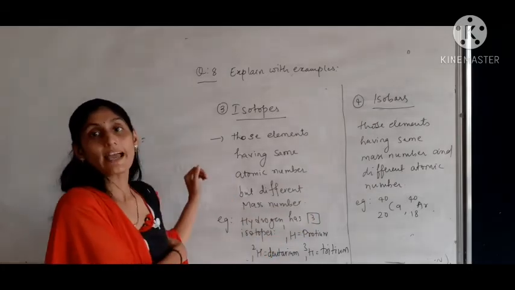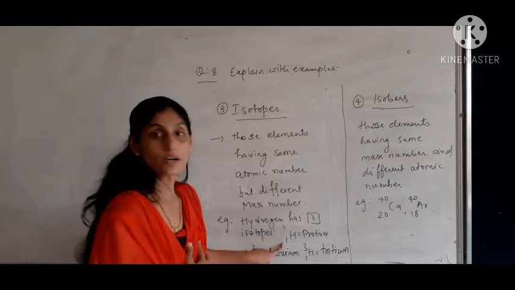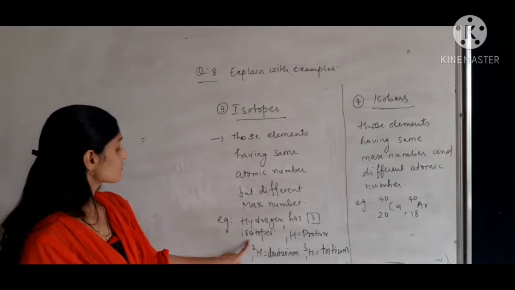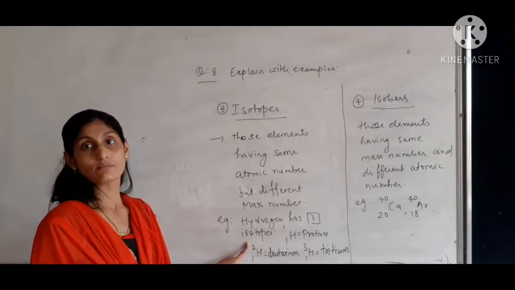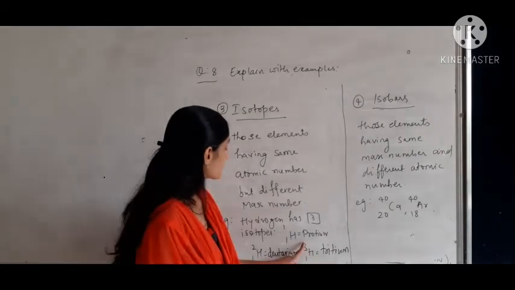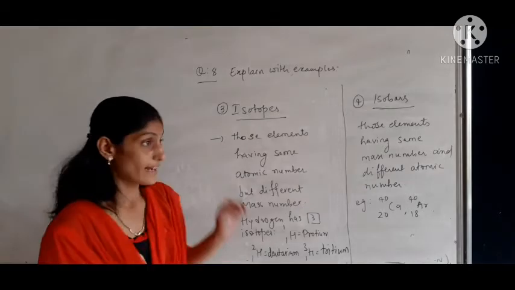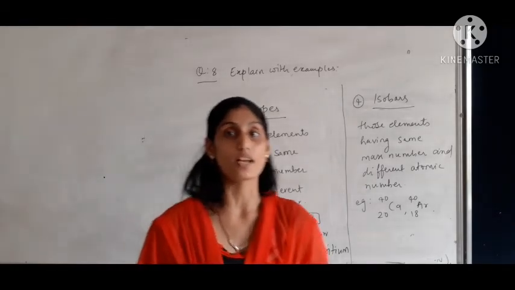यहाँ पे एग्जाम्पल मैंने दिया हाइड्रोजन. हाइड्रोजन is carrying 3 isotopes H11. One is the atomic number, one is the mass number, that is known as protium. H12, one is atomic number Z, that is equal to 2, that is mass number deuterium, and H13, 3 is the mass number which is different, so that is tritium. So elements which are having same atomic number but different mass number, they are known as isotopes.